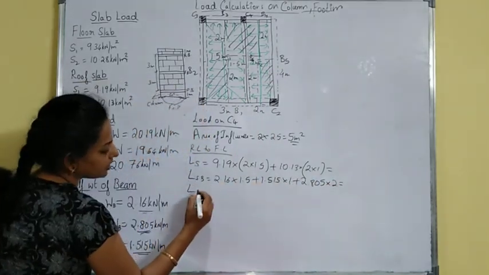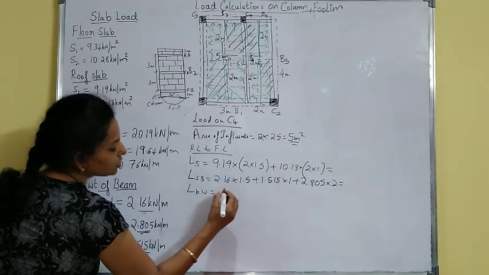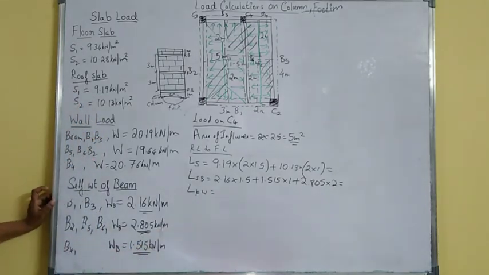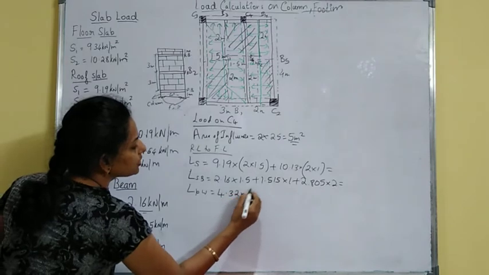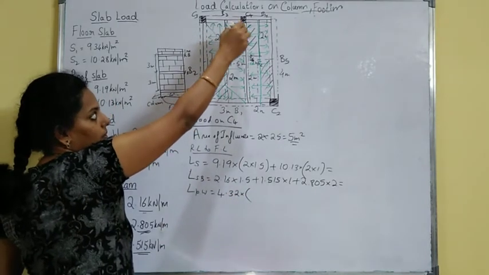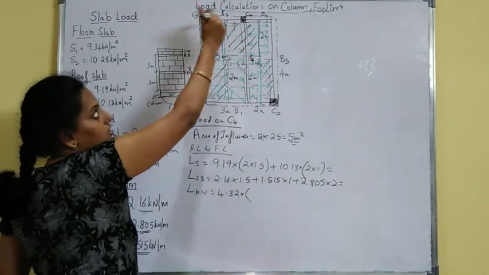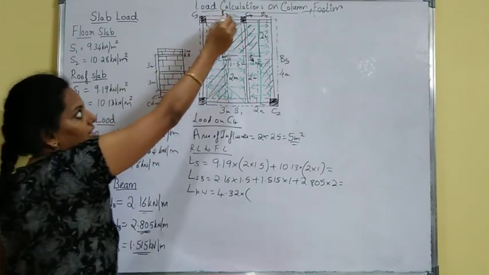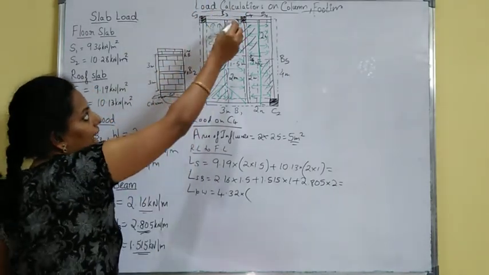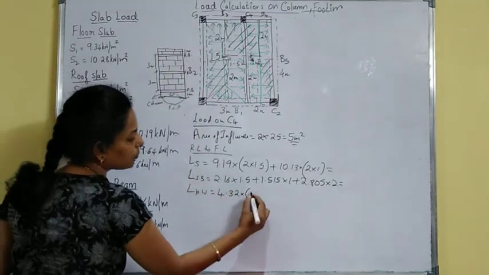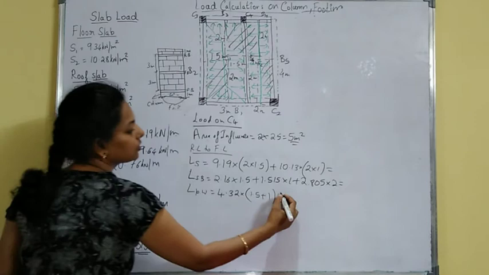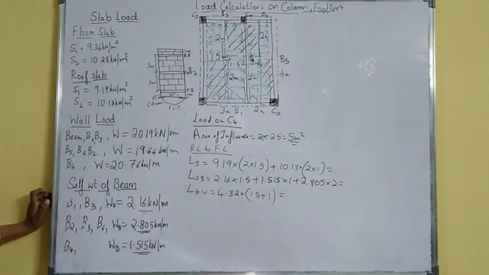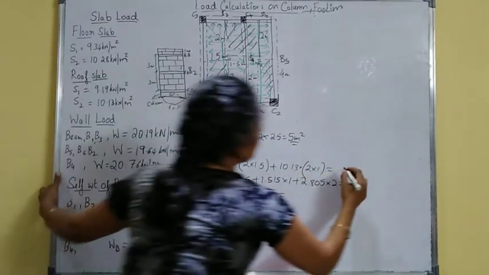Next here roof, it is, so it is a parapet wall load. So directly the parapet wall load is 4.32 into distance. Here it is a parapet will not be acting on the B6 beam. Just you have to consider on the boundary, that is B3 and B4. So added B3 distance is 1.5 and B4 distance is 1. Okay. Just calculate. You will have 47.83